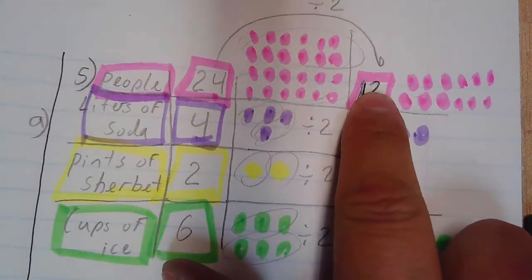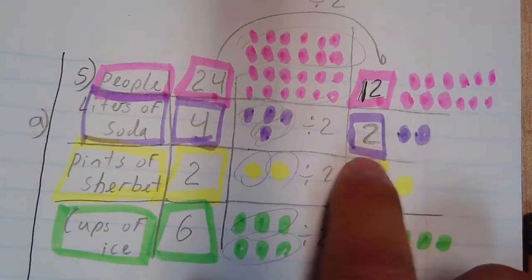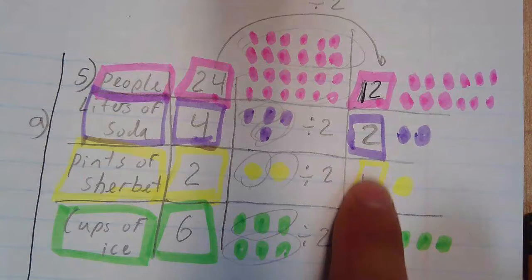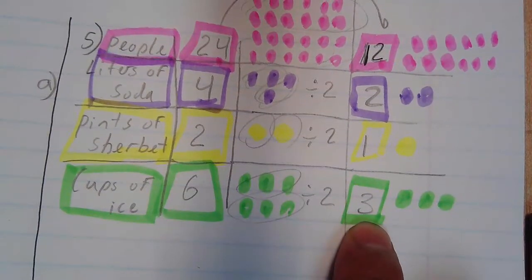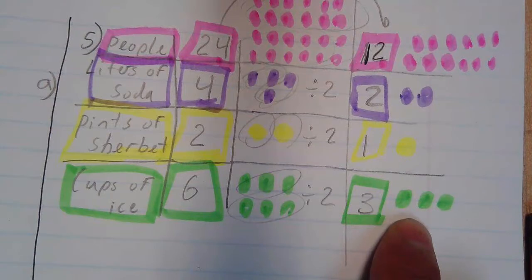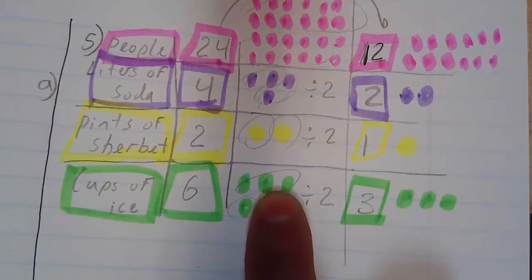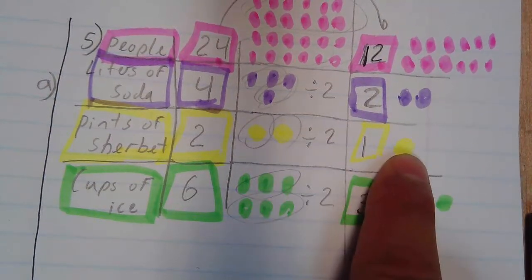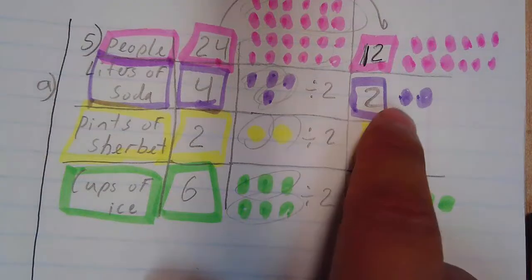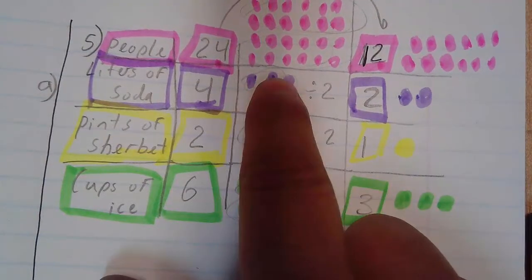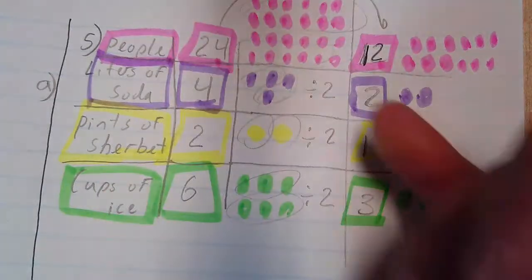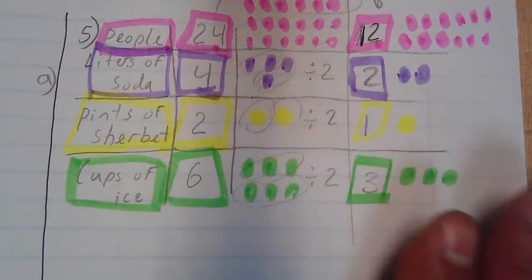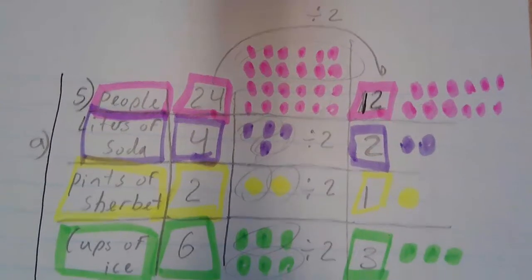For every 12 people, I need 2 cups or 2 liters of soda, 1 pint of sherbet, and 3 cups of ice. If I double it, I make 2 groups of this. There's my 6. 3 and 3. If I double this, that gives me 2. 1 and 1. If I have 2, 2 and 2, there's my 4. I have my 12. 12 and 12, 24. You can see how it works scaling up. Scaling down, you want less. Okay, we're still not done with